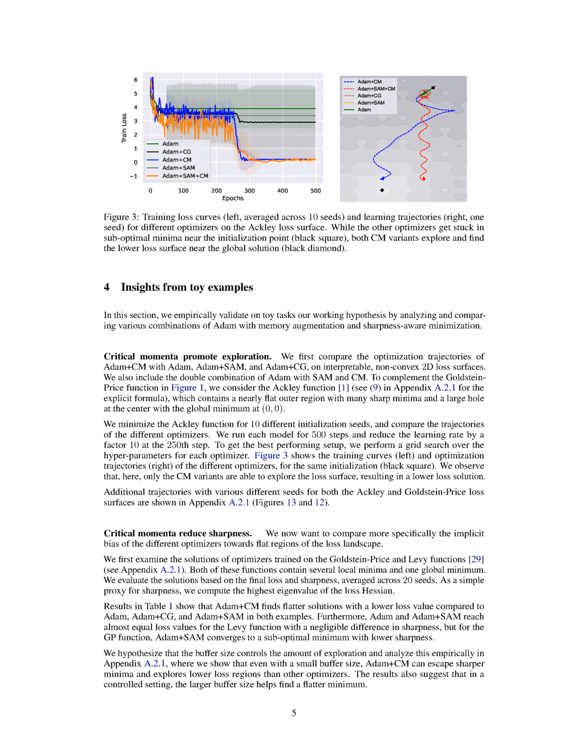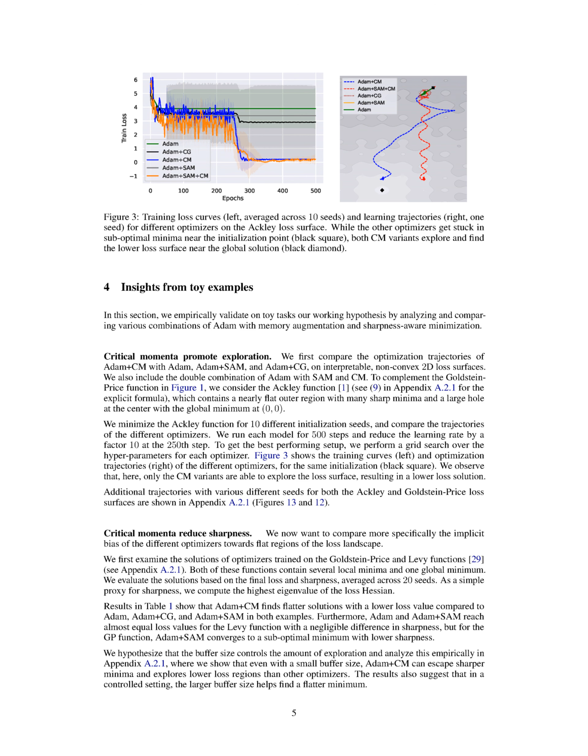Each model was run for 500 steps, with the learning rate reduced by a factor of 10 at the halfway point. We used a grid search over the hyperparameters for each optimizer to find the best performing setup. Our observations showed that only the CM variants were able to explore the loss surface, resulting in a lower loss solution. We have included additional trajectories with various different starting points for both the Ackley and Goldstein-Price loss surfaces